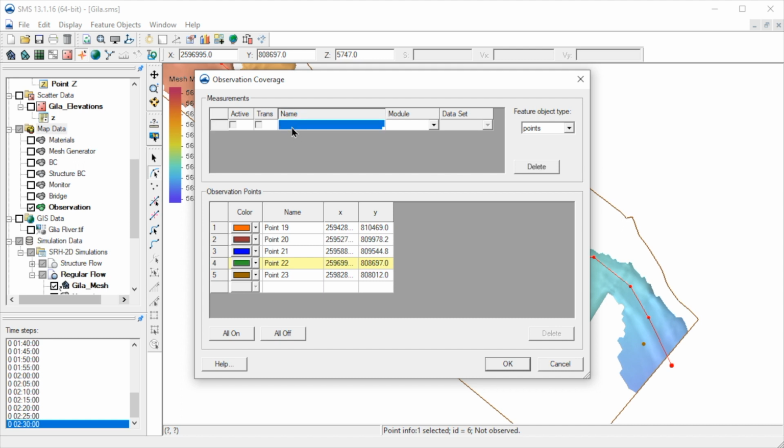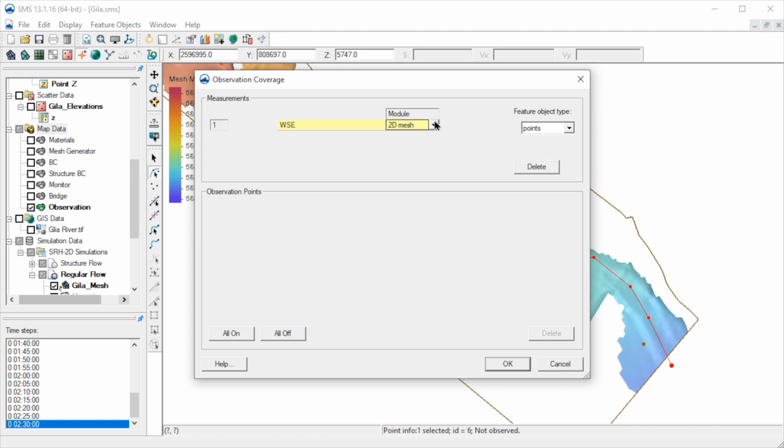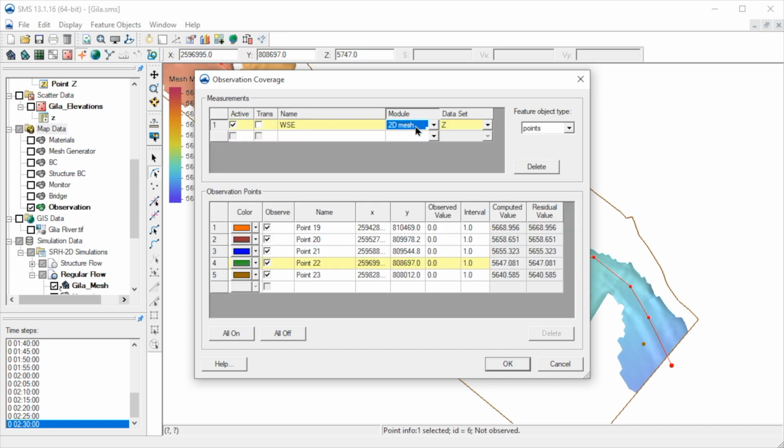For example, we could create a measurement called WSE by selecting 2D mesh and the water elevation dataset. The extracted solution at this point will show here under Computed Value. This feature was created to compare computed values to observed values for calibration, but it can be used to extract data at any location.